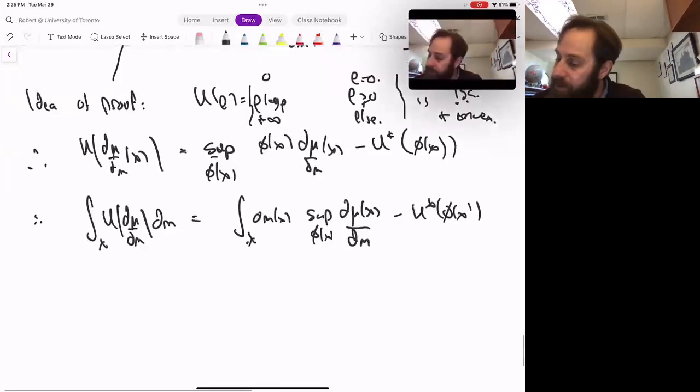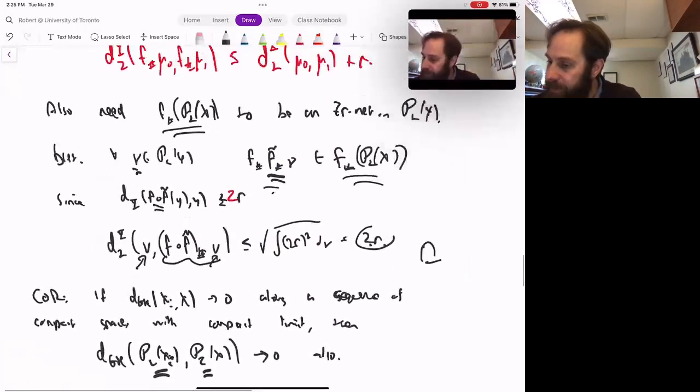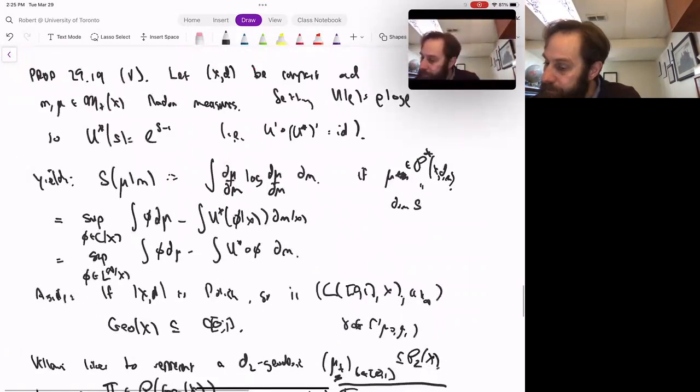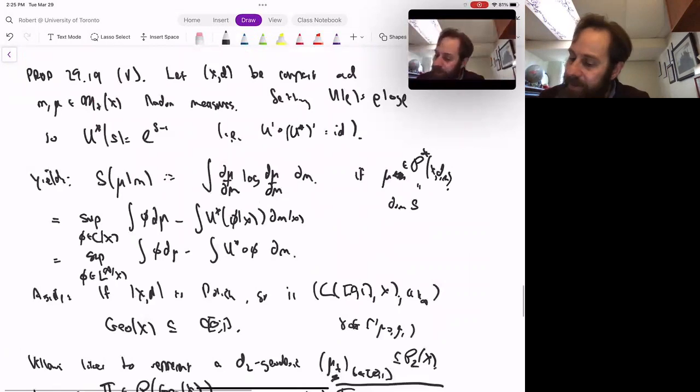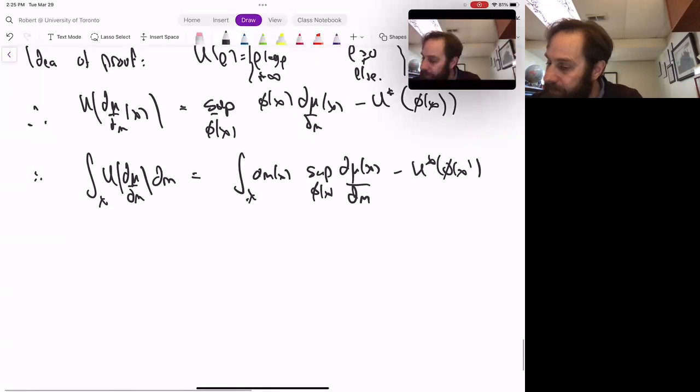somehow if I could commute, isn't that what the theorem is? Commuting the sum and the integral. Sorry, where's my statement of my theorem? Here it is. Yeah. So basically, I had this supremum inside the integral. I would like to pull the supremum outside the integral. And so the only question is, can I commute